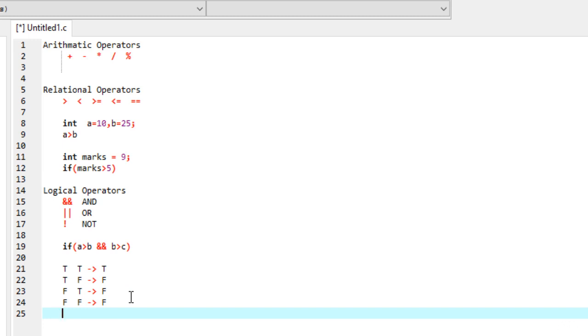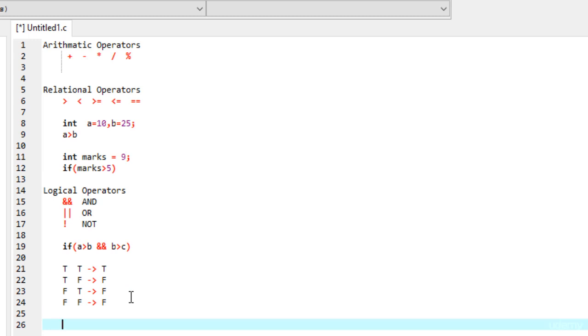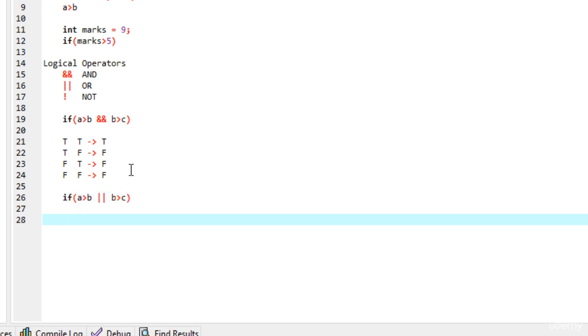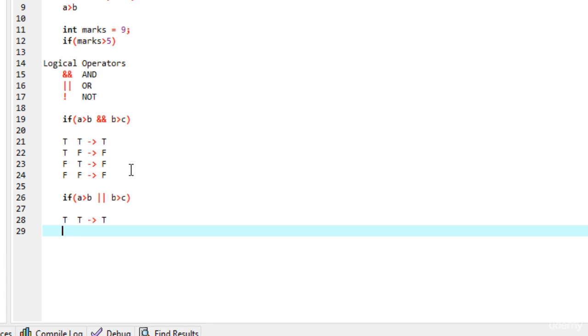Now we will see the OR operator. So if A is greater than B or B is greater than C, then we have to do some statements. And the truth table for the OR operator can be written as true, true will give us true.